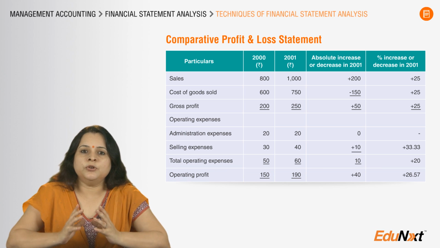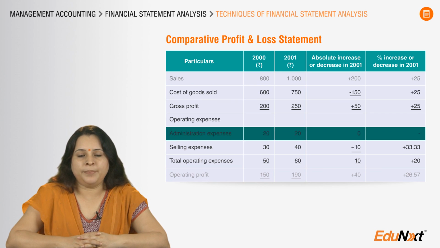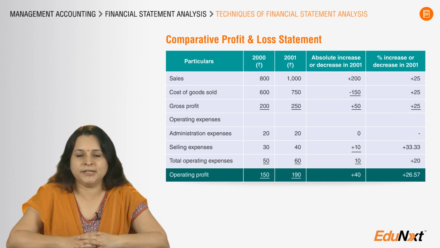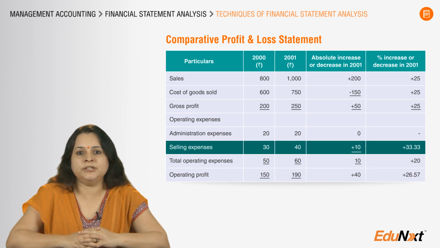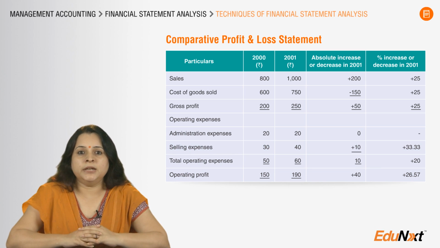The CEO has to now check if the increase in sales and operating profits is in line with the expectations of the investors. The increase of 1/3 in selling expenses also needs to be verified, and additional controls need to be put in place by the CEO or the top management if these expenses are much more than what had